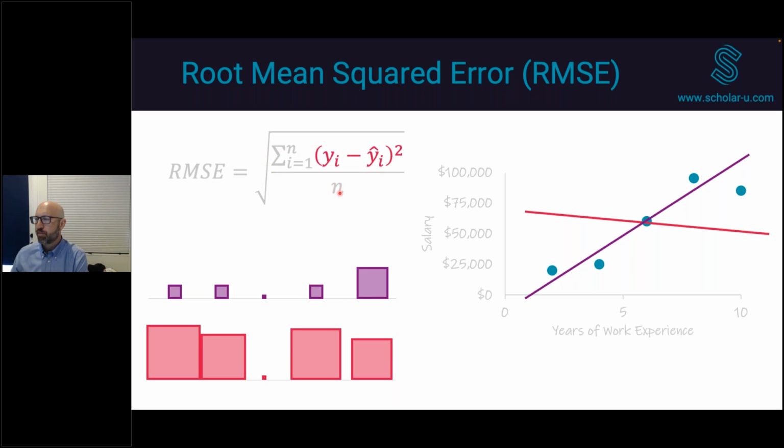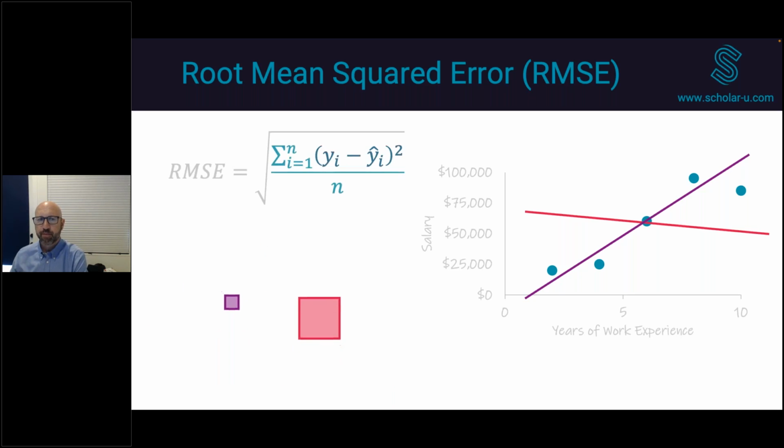n is the number of data points. So if you think carefully about this, what this means is that you're just going to get the average. I want to get the average size of the squares. So I'm going to get the average of all the purples and the average of all the reds. And when I do that, let's say that this is the average of the purples, this is the average of the reds. Now I have one more step to do, which is I'm going to take the square root of